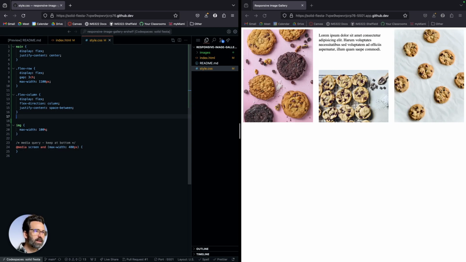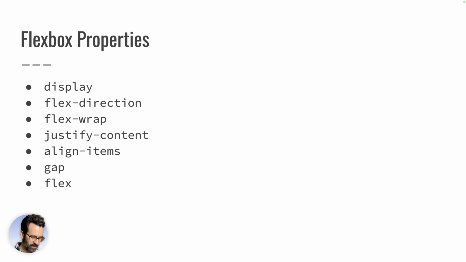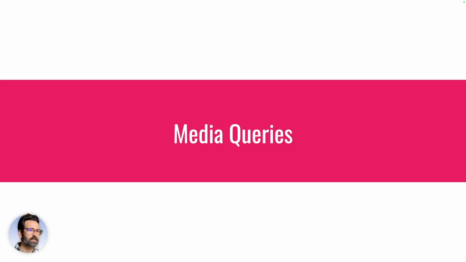We've got one last thing to look at in this long video. I apologize for the Flexbox part being so long, but I can't stress enough how important Flexbox is going to be to achieving especially flexible layouts, but even just being able to put things in rows and columns and really visually cleanly organize everything. So the last thing on our agenda here is to take a quick look at media